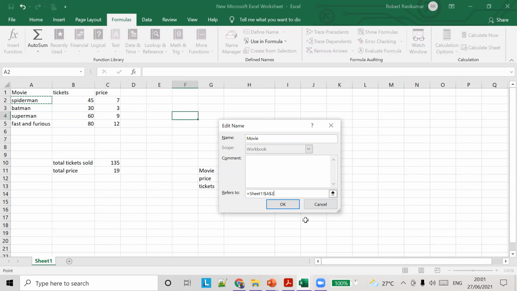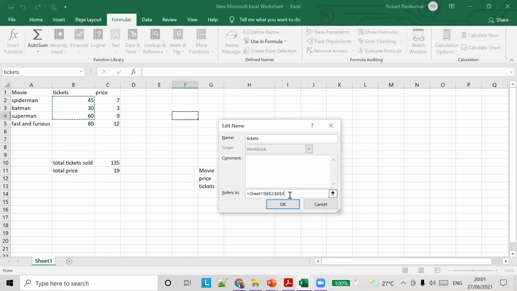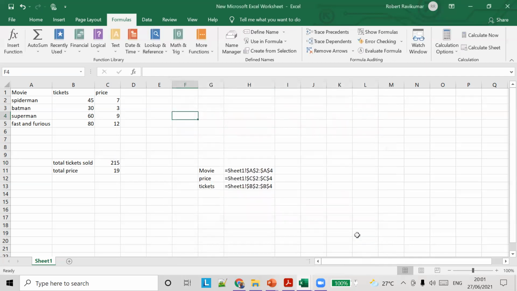Okay, so let's say to A5. So for number of tickets sold, B5. Now you can see if I click B5, the number of tickets sold will change here. So 135.80 will create. Okay, so click OK, close.